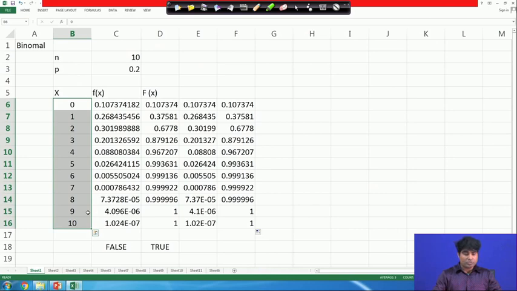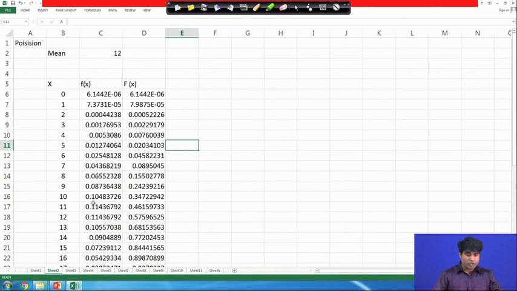So, it may be any kind of business problem, but the kind of prediction will follow this kind of structure. Okay. So, now from the binomial distribution, you move to the Poisson distribution. Here, you go to the Poisson distribution, put an equal to sign, then instead of binomial, you put Poisson distribution, then you double click again, and it will ask you for the x value. That is nothing but these random variables, then it will ask you to report the mean value. The mean value is given, that is 12 here.